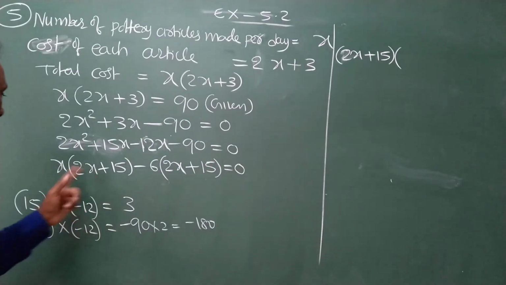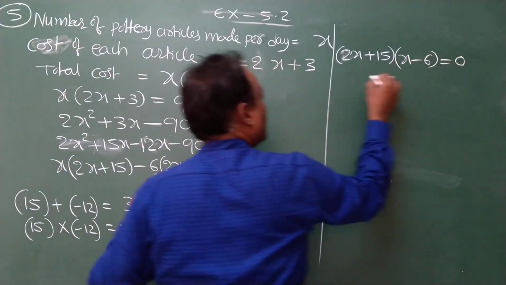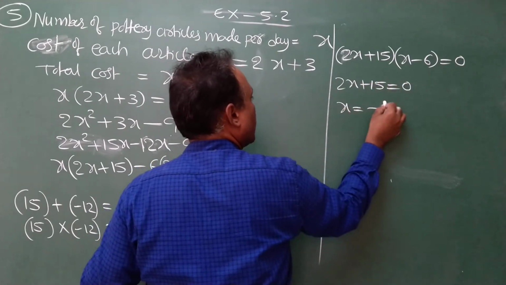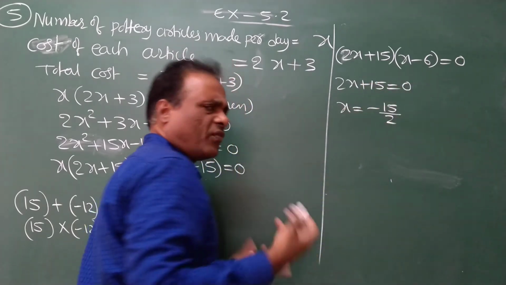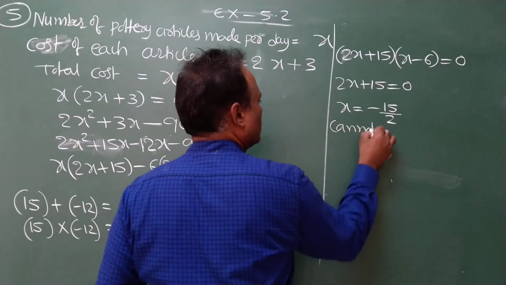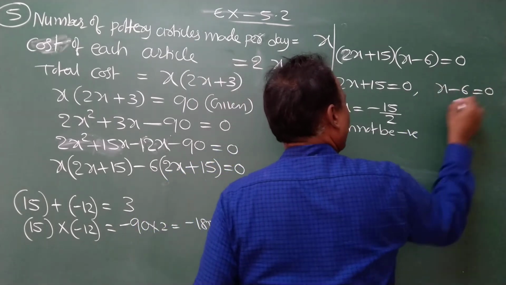2x plus 15 common, x minus 6. So 2x plus 15 is equal to 0. x is equal to minus 15 by 2. Number of articles cannot be negative. So take only plus, because how many articles we are